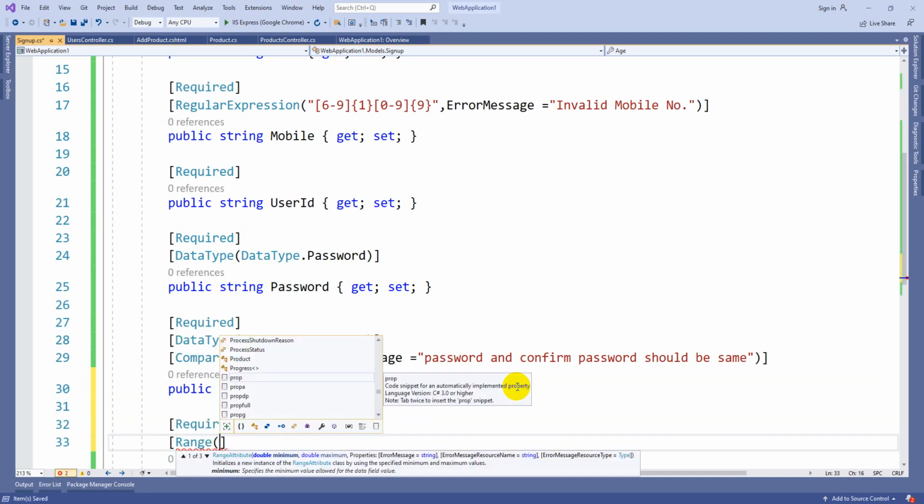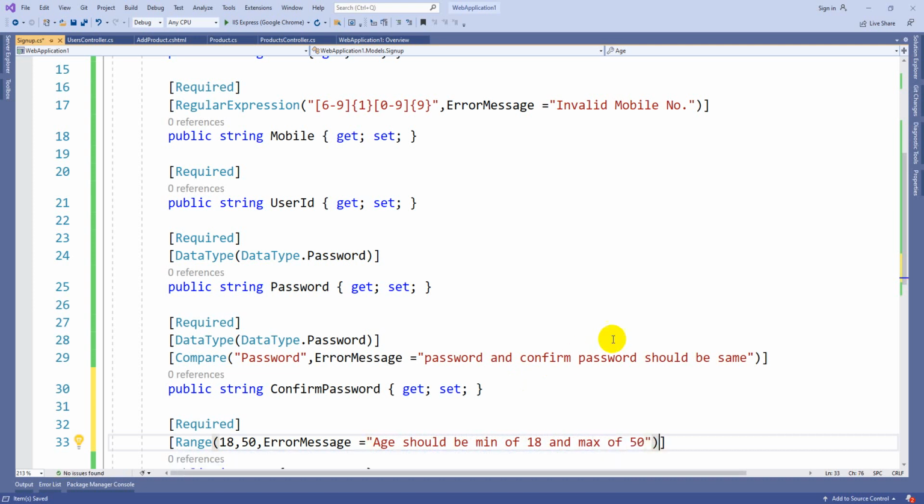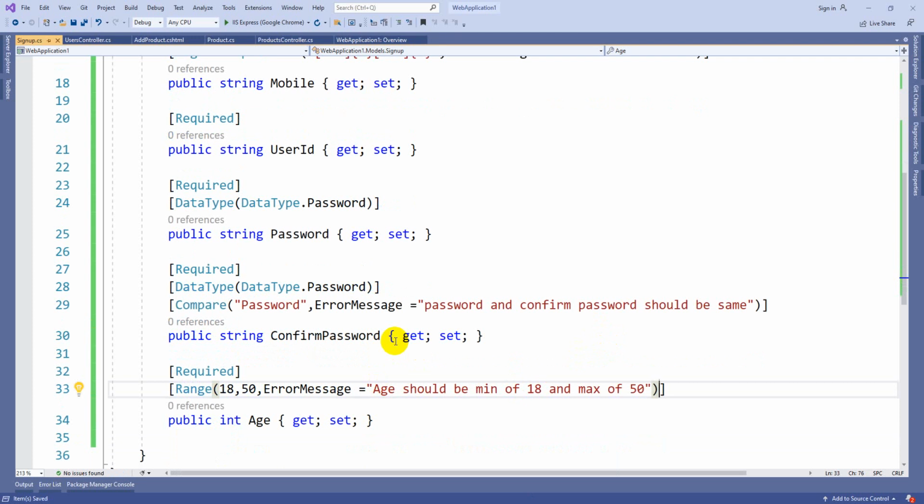Minimum is 18, maximum is 50. Error message is: age should be minimum of 18 and maximum of 50. So this is one more attribute what we have, that is range.